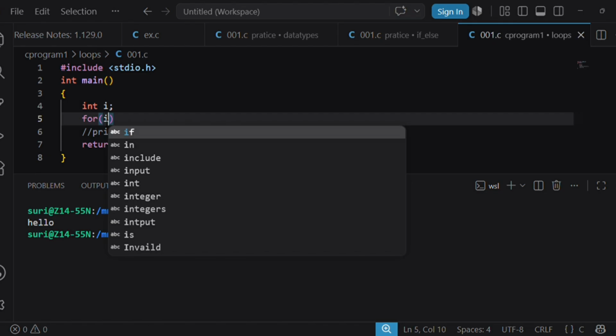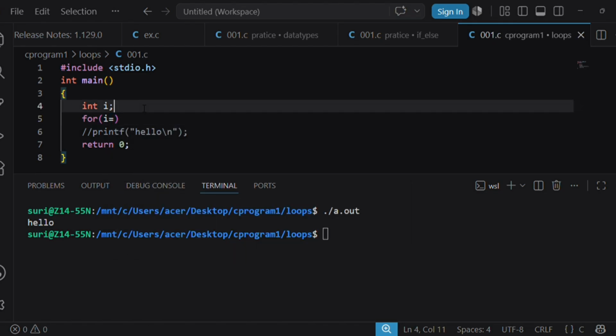Next, I am going to initialize the variable. Here I am declaring i as a variable.